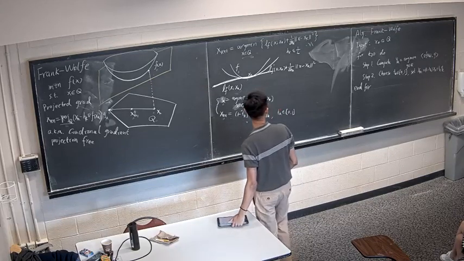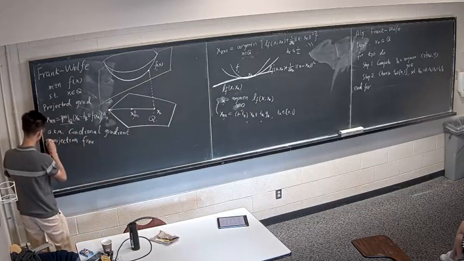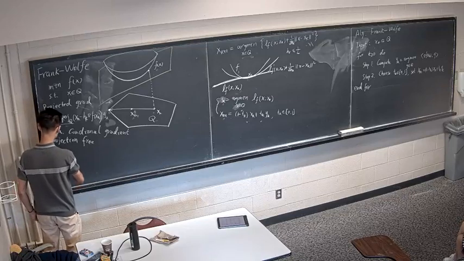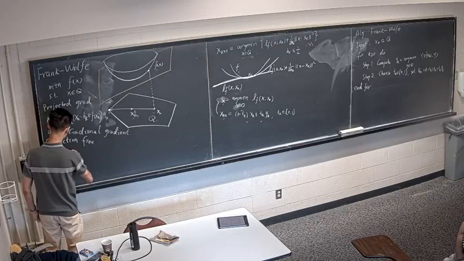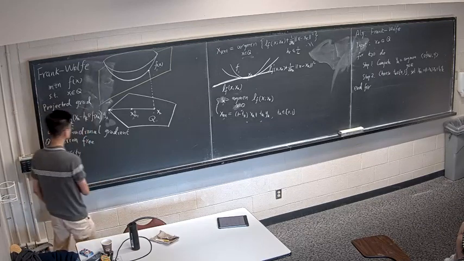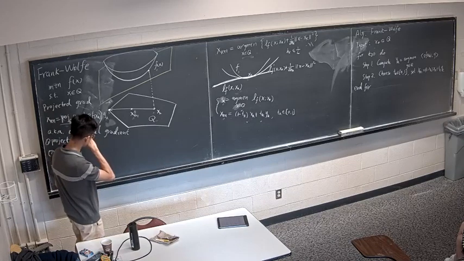Okay, so one property of the algorithm is projection free. So this is property one, and the second property is sparsity. The solution is going to be sparse. That's why we say it has sparsity, because